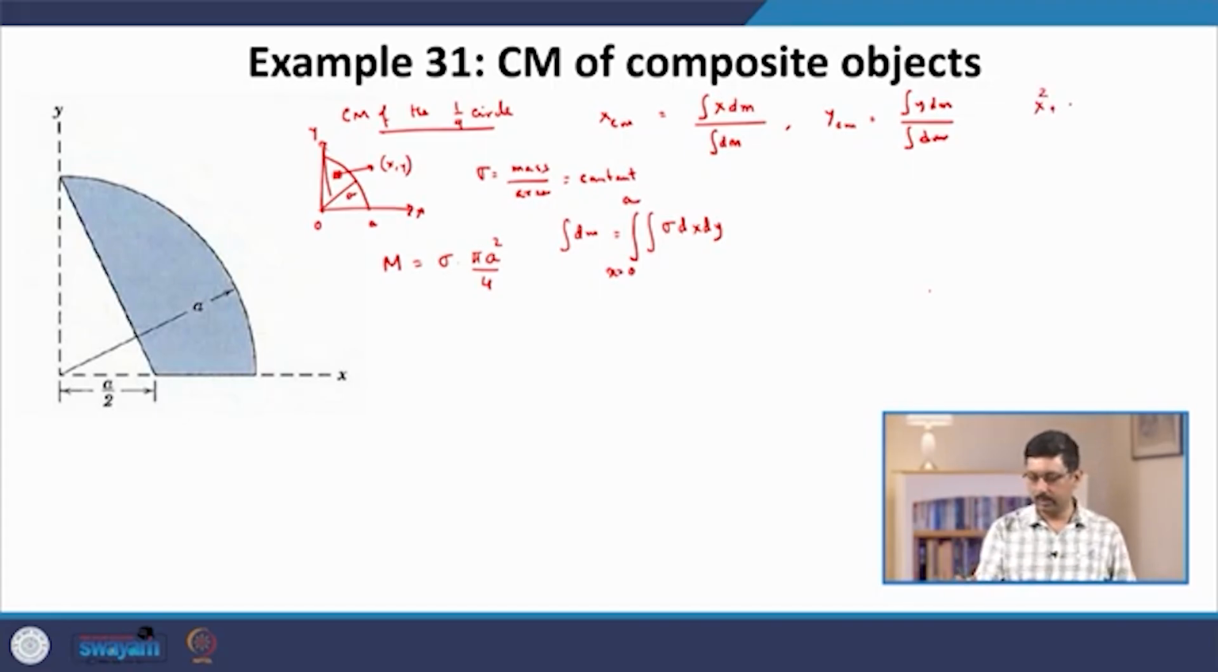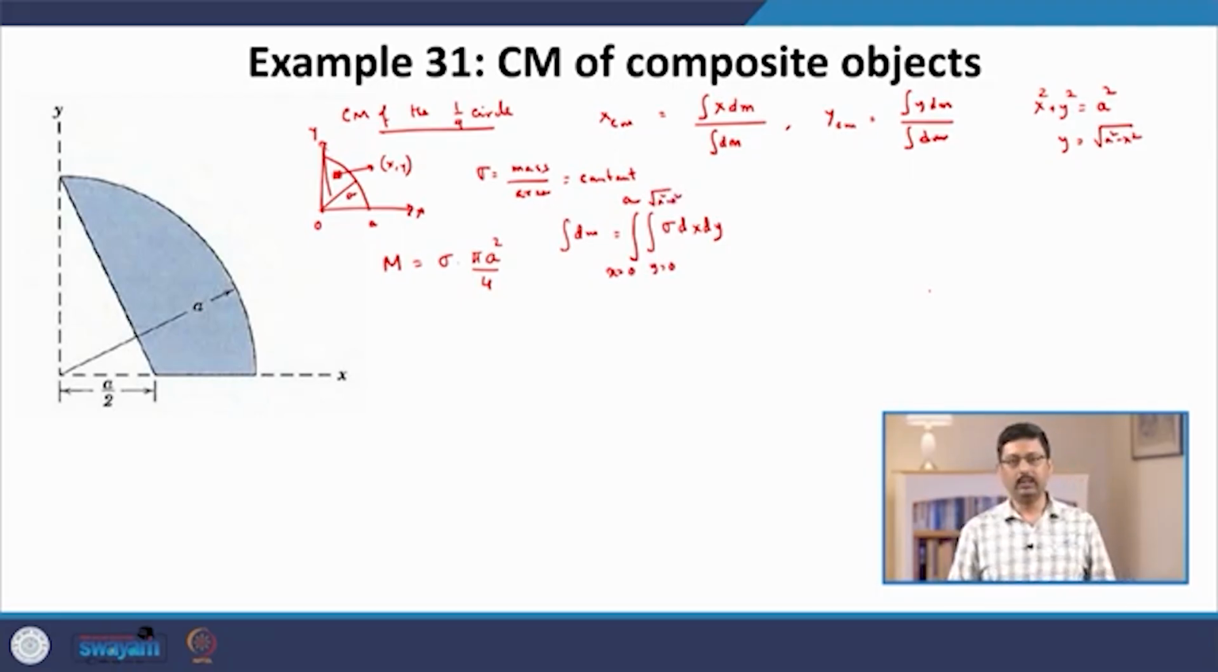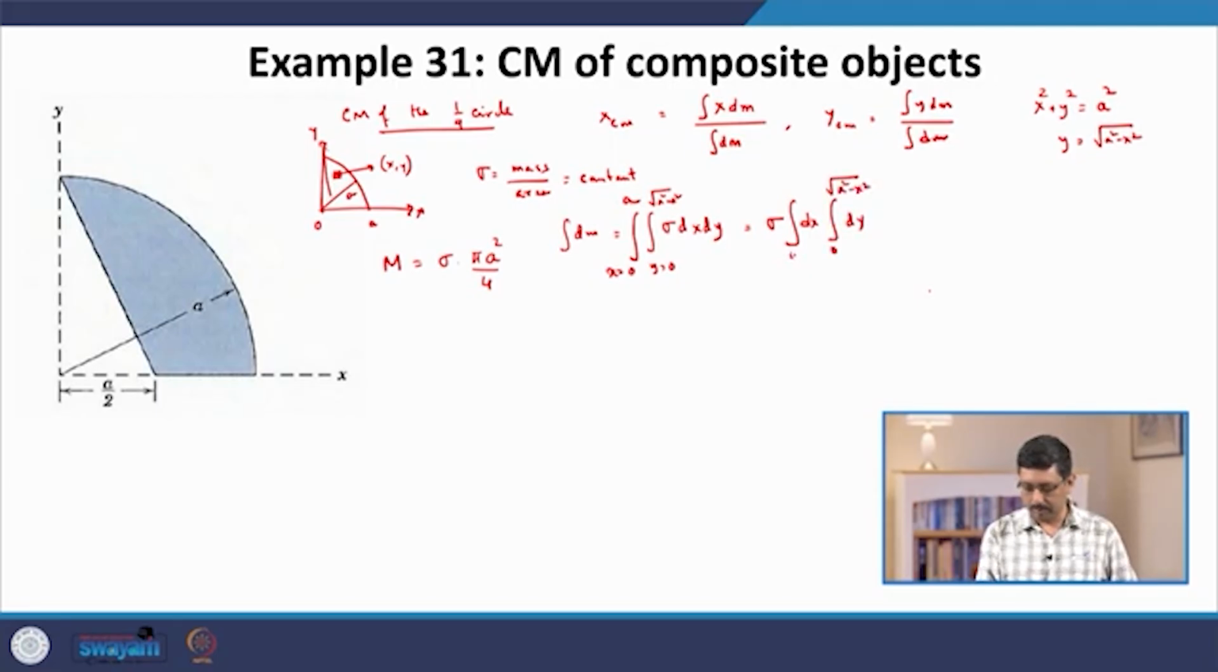The circle is given by the equation x square plus y square equal to a square. So, y is equal to the square root of a square minus x square. So, y goes from 0 to the square root of a square minus x square, and since the limit of y depends on x, we have to do the y integration first; we cannot switch the order of the integrals. I can take the sigma outside the integral, and x goes from 0 to a. If I do this integral, I end up with a 1-dimensional integration